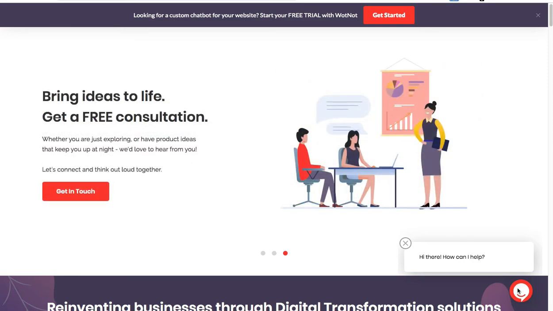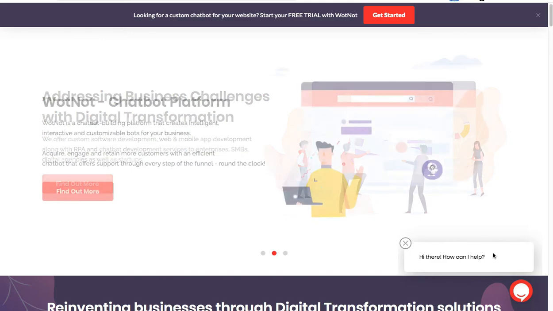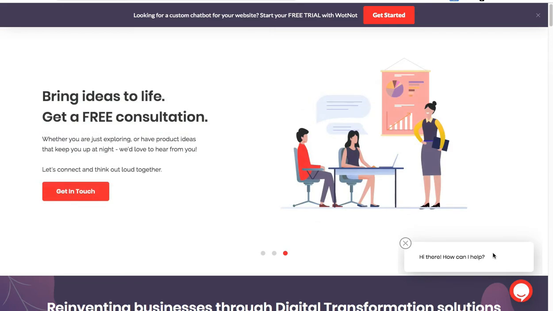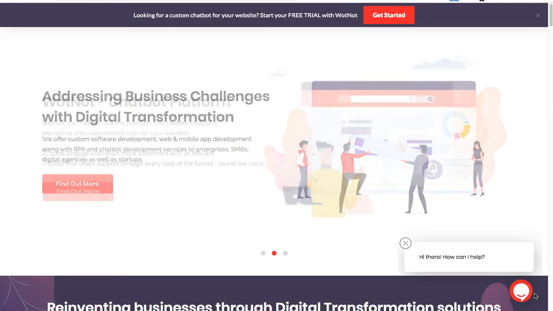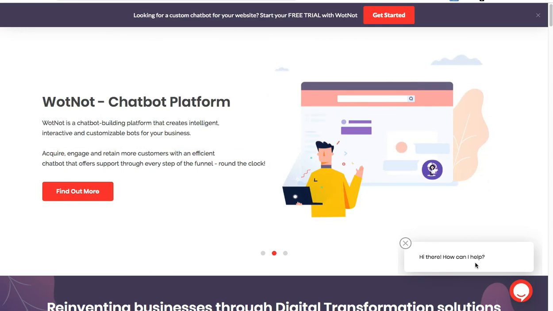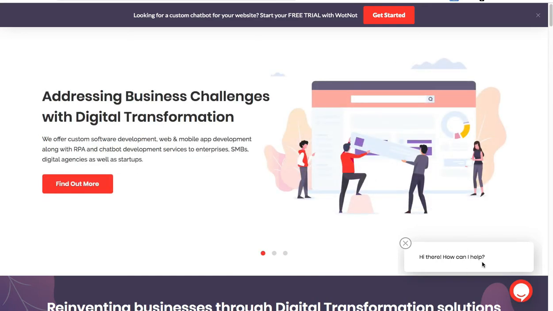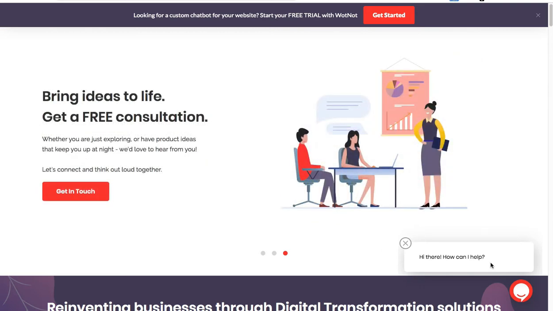Right. So this is one advantage of chatbots. As soon as the visitor lands on your website, he will find some message, something that initiates a conversation. So the bot itself is taking the first step to initiate the conversation, and hence chances of getting conversions from here are very high, because some people might not prefer filling up the form, but they might prefer to chat with someone, someone as in a bot or an employee. It is you who know that it is a bot, but some people might not recognize this as a bot. They might feel that there's an actual individual who's having a conversation with them.